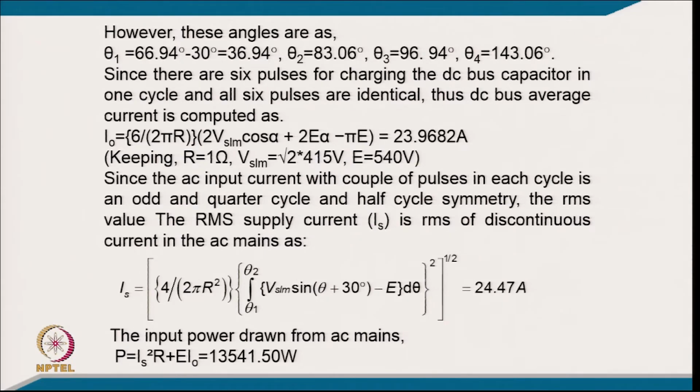So, it comes 23.9682 ampere, keeping R equal to 1 and VSM root 2 into 415 and E equal to 540 in this relation. Since the AC mains current with a couple of pulses in each cycle has odd and quarter symmetry and half cycle symmetry, the RMS value of the supply current is the RMS of the discontinuous current. Deriving this from this relation, total RMS will be 24.47 and input power drawn from AC mains will be I_S squared plus E0 I0,